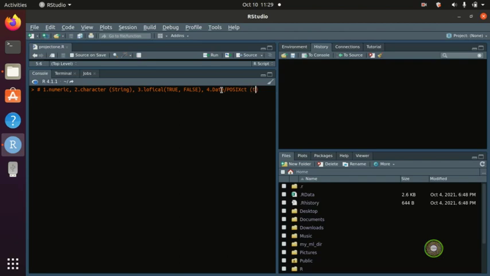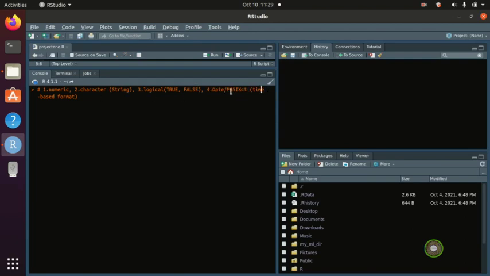So you guys can put a time-based format inside R. So the first one's numeric, the second one's character, which is string, and the logical is true false, and the fourth one is date, POSIXct, and that's